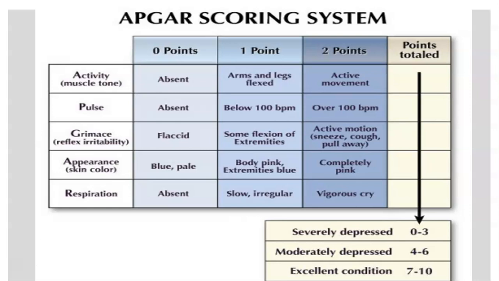So all these categories go together to give you that overall score. They check the APGAR. At minimum, they'll check it on every baby at 1 minute after birth, and then at 5 minutes after birth. If there are concerns, like if they're below that 7, they can continue to do them more after that. But at minimum, they will do 1 minute and 5 minutes.